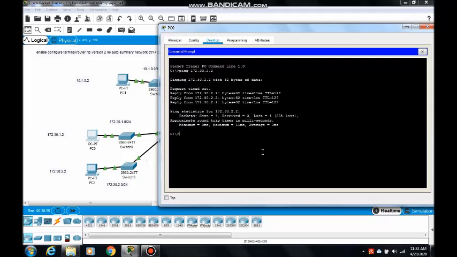Okay, and next give the IP address of this PC, 10.1.0.2. So it is up.